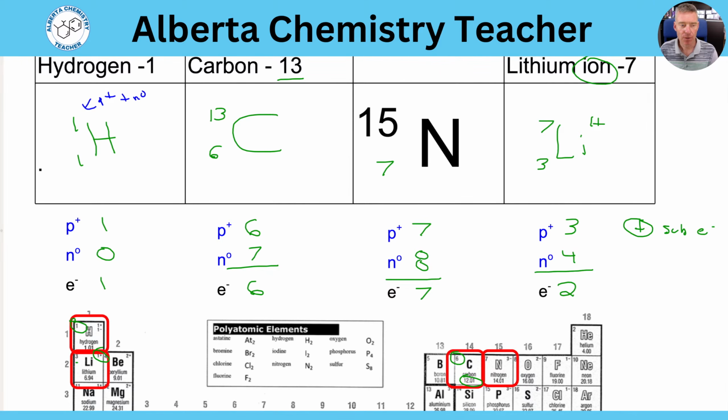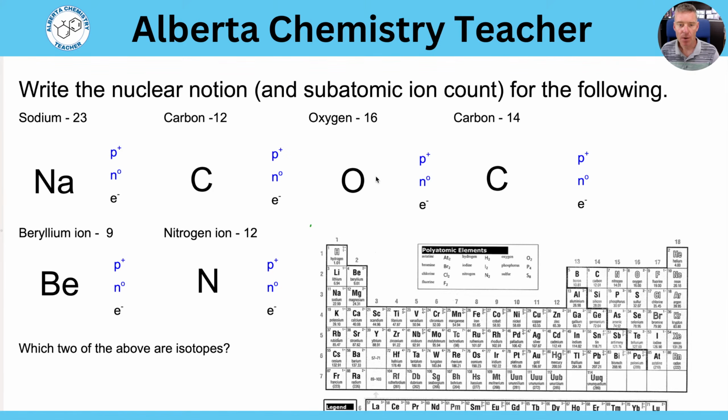So I've got a few examples for you to try. I'd encourage you to pause the video, and then I'll quickly go through the answers. Hopefully you have your own periodic table, but if you don't, hopefully you can see the one that I have pasted in here. And in about 15 seconds, I will go through the answers. So hopefully you've hit pause because I'm going to start going through these. So I'm going to write the nuclear notation and the subatomic atom count